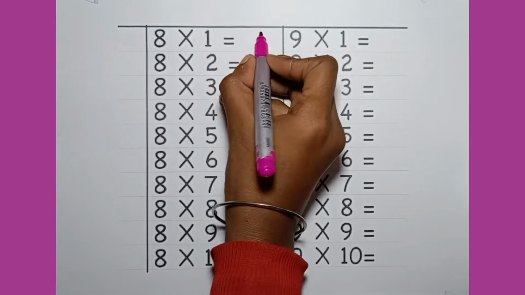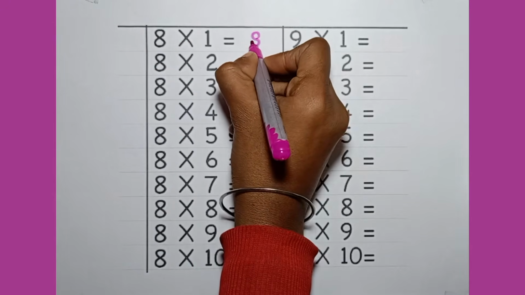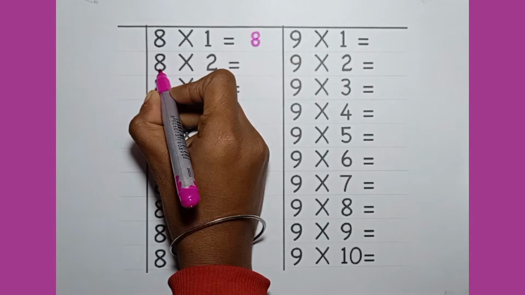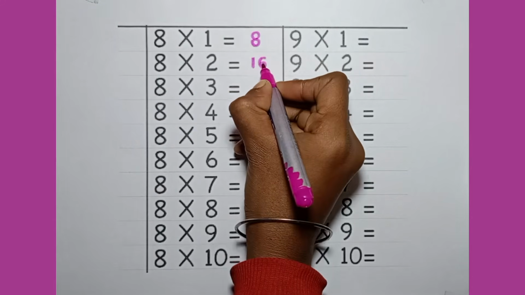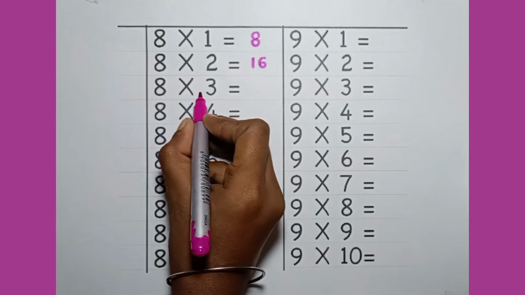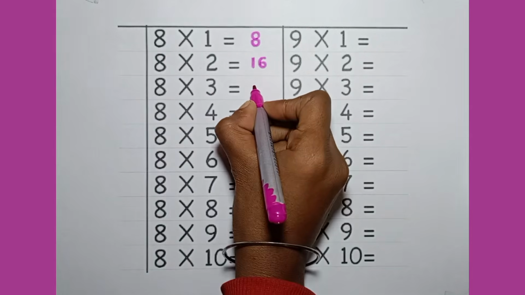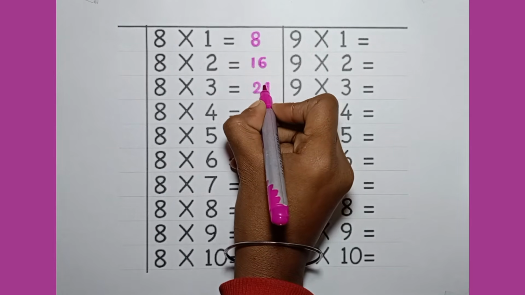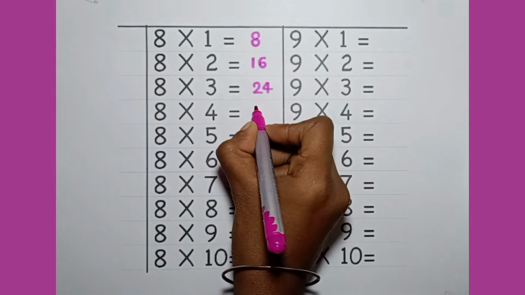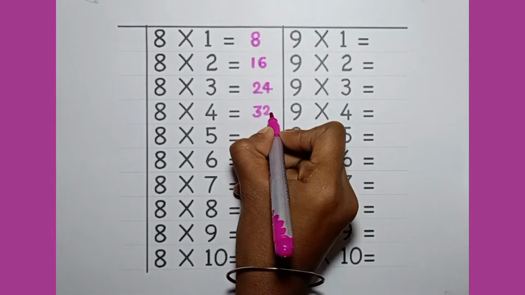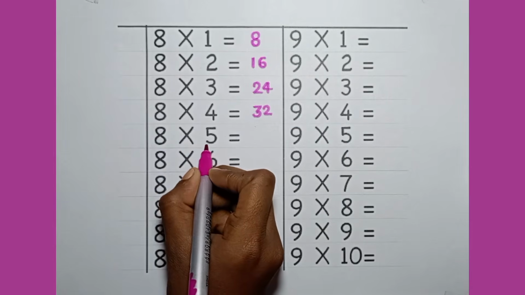8 इंटू 1 इज इक्वल टू 8। 8 इंटू 2 इज इक्वल टू 16। 8 इंटू 3 इज इक्वल टू 24। 8 इंटू 4 इज इक्वल टू 32. 8 into 5 is equal to